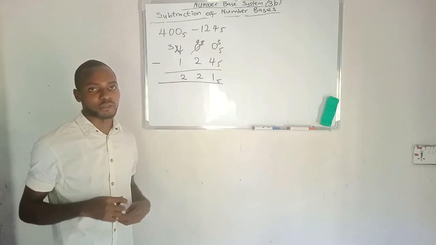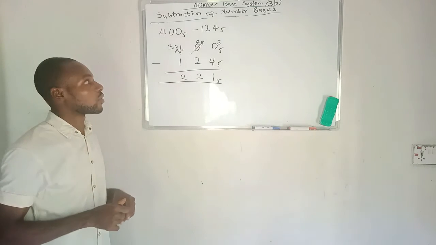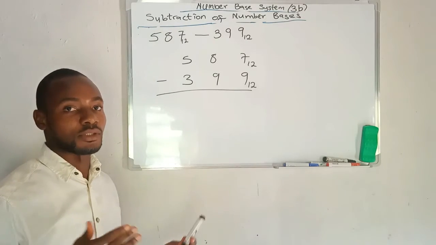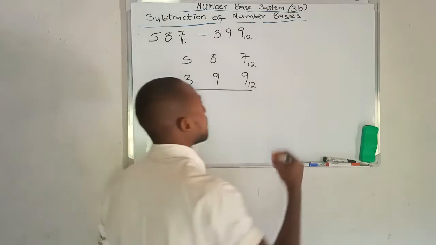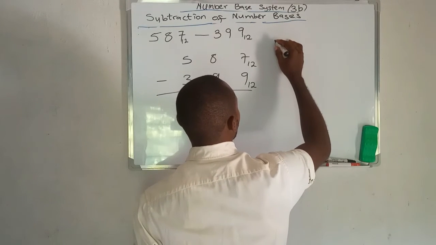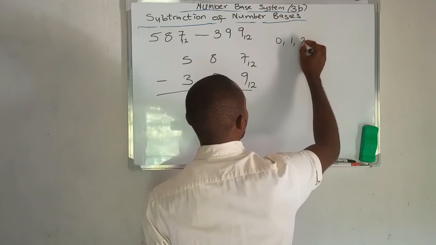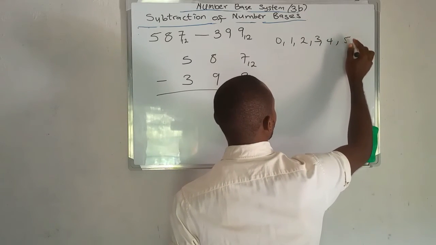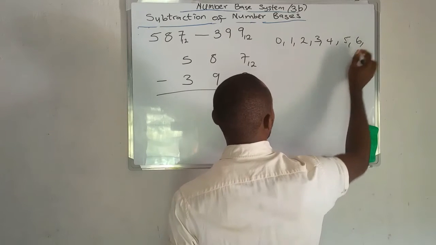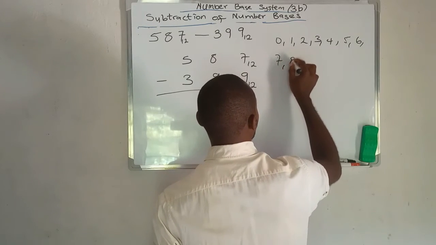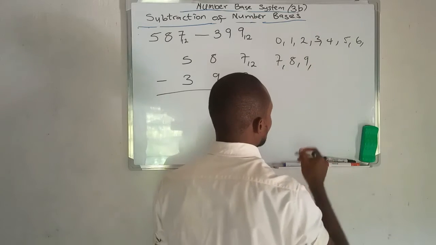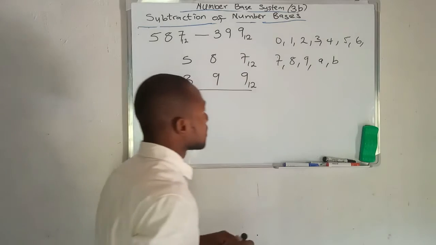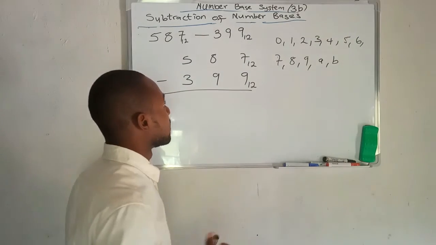We'll be doing one more example on this before we wrap up this video. Before we do this, I'd like us to write out the numbers in base 12. So numbers in base 12 will have 0 1 2 3 4 5 6 7 8 9, and then we'll have A and B. So these are numbers in base 12. So we'll start